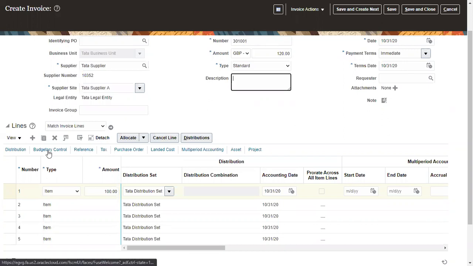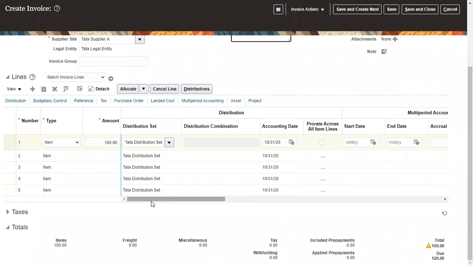And budgetary control is whenever you have budget set up, so you will know against that account how much is the budget and how much you have spent. And distribution is the one where your expenses will be going. So that is your distribution. Since it's a manual invoice, we need to do distributions. But if you are matching it to a purchase order, the account will directly come from the item.